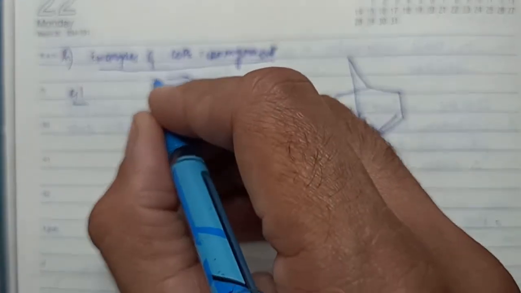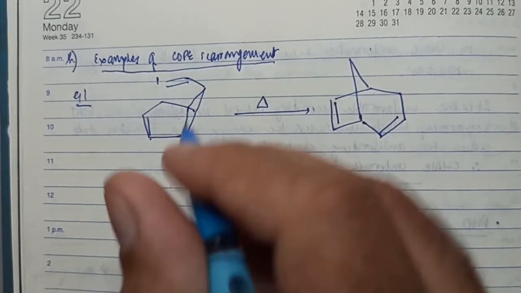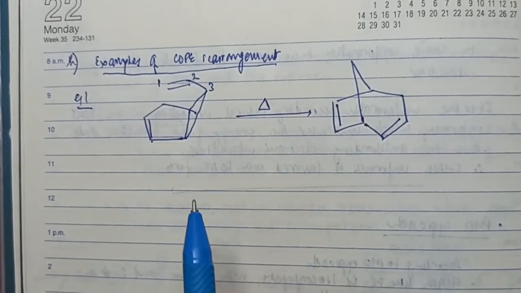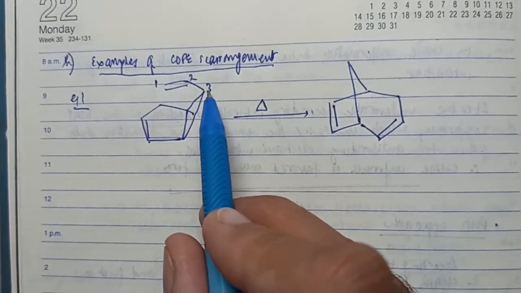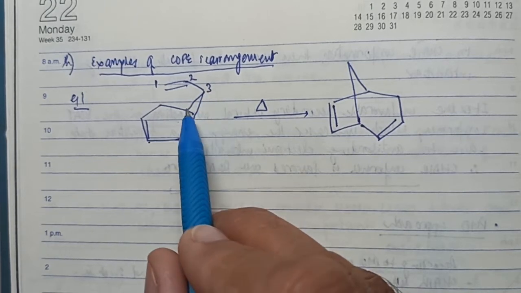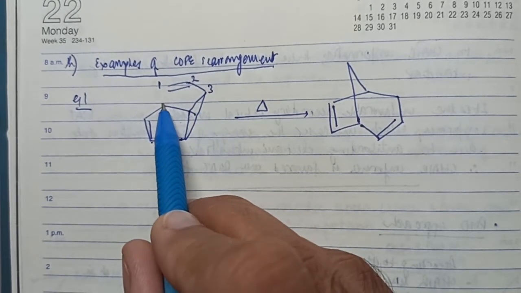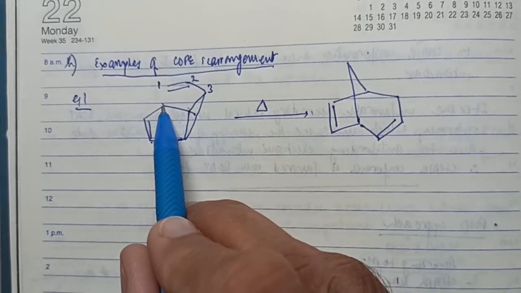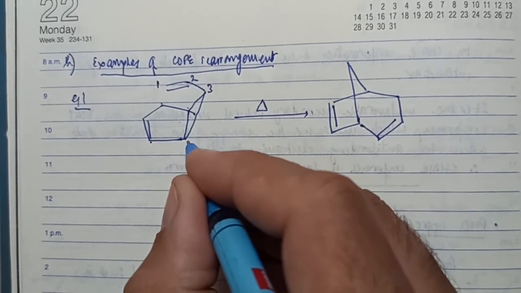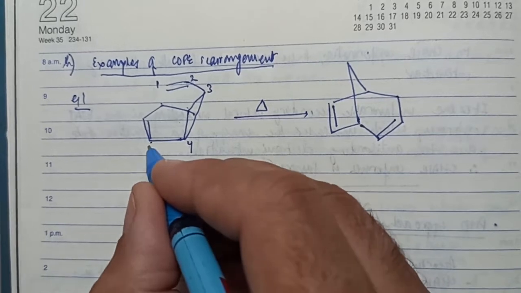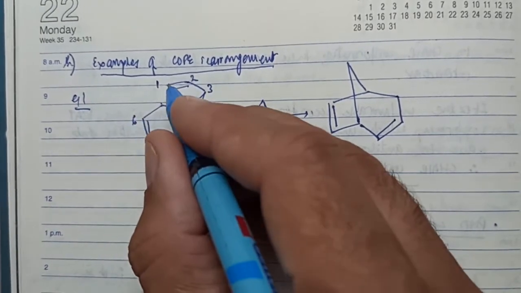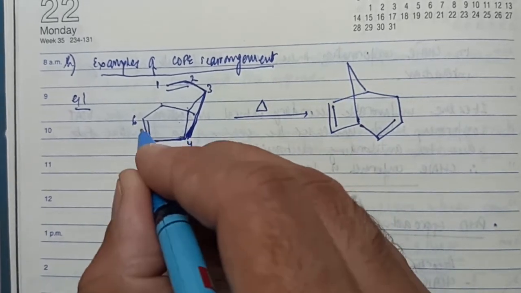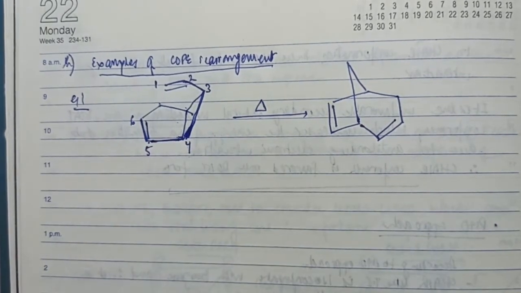Okay, if I start from this terminal position of this diene, let's say this is the first carbon atom, this will be second. If this is third, now I have multiple options as far as fourth is concerned. In fact, I have two options here. I can either take this one as fourth, fifth, and then at the fifth position you do not have a double bond, so naming cannot be fourth and fifth here. If I take this one as fourth, and then this one would be fifth and sixth, so this portion of the molecule is actually a 1,5-hexadiene moiety.